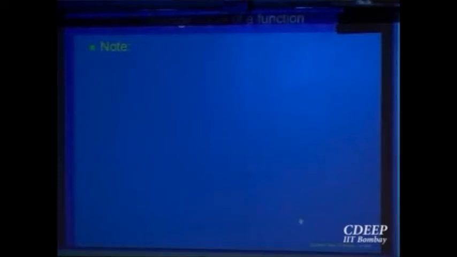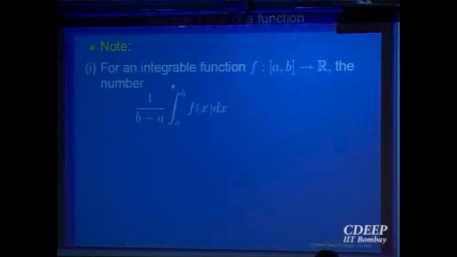But very crucially, in this theorem, the mean value property for the integral, we have used the notion that f is a continuous function on a closed bounded interval. That has been heavily used, right? Because f is continuous, it is bounded, and maxima, minima are attained at some points. So one can ask whether, if you drop that condition, this will be true or not.